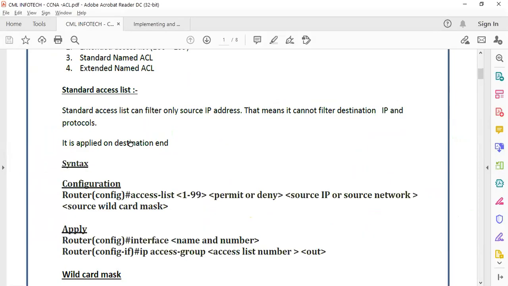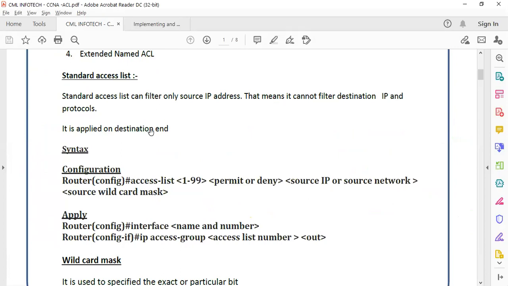We are creating an access list. The standard access list says define an access list statement by giving a number. Either you can permit or deny. According to us, we need to deny. Then you need to give a source.